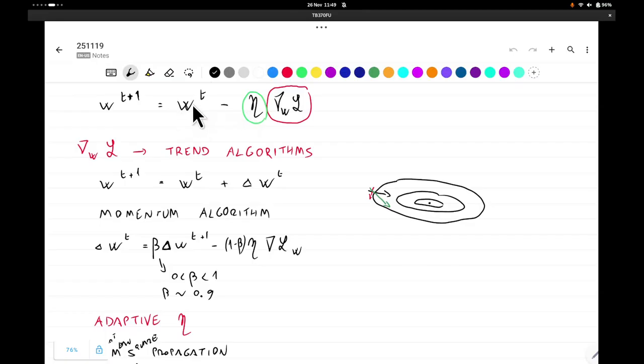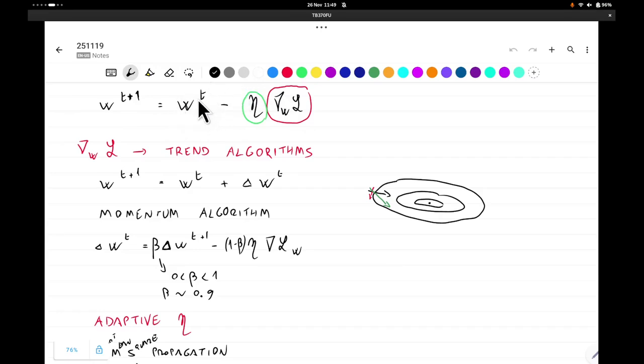So this W is a vector, possibly with millions or billions of components. That is what defines the model of the neural network, and then it is trained iteratively by just saying, okay,